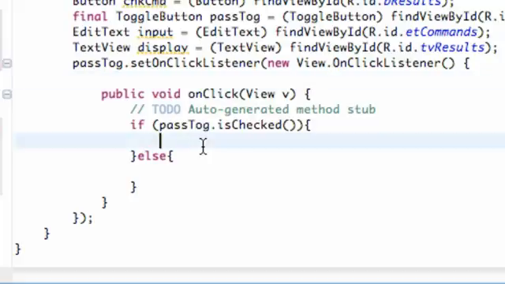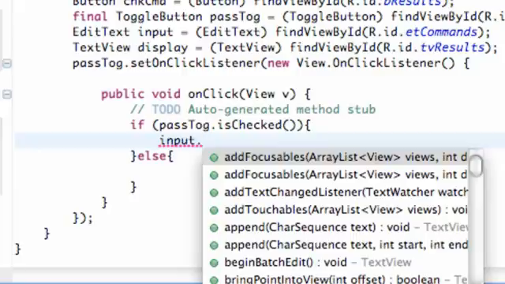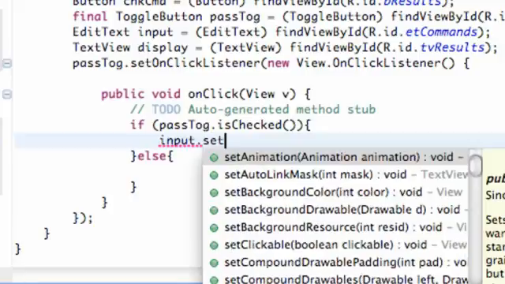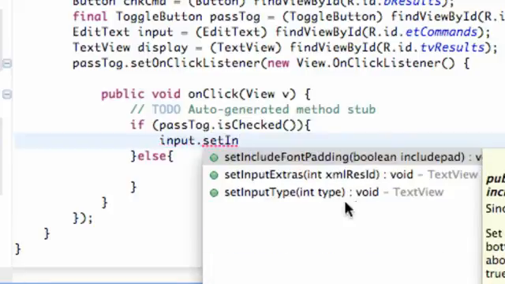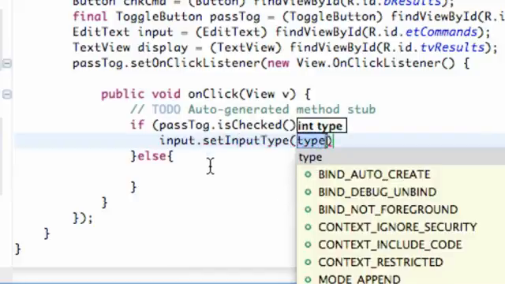Now we're going to use the EditText variable that we set up here, and we have it referenced to our EditText in the XML, and we're going to change that. We called the EditText input, so we're going to say input, hit dot, and then set the input type. There's the password type in a text view, or a number for the most part. You can make them only be able to put in numbers, stuff like that. So we're going to say the method setInputType, and as you can see it's a text view type for the most part. And within the parameters,